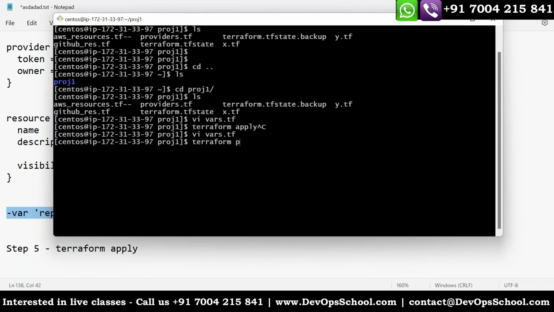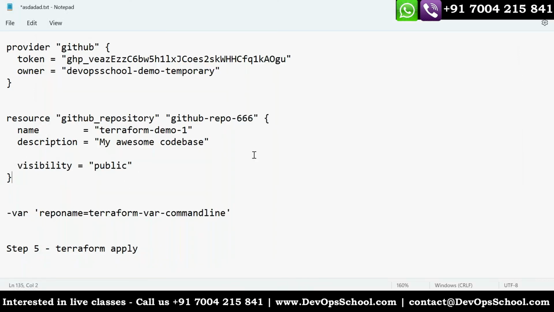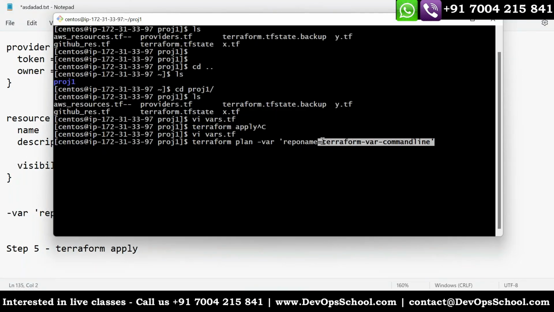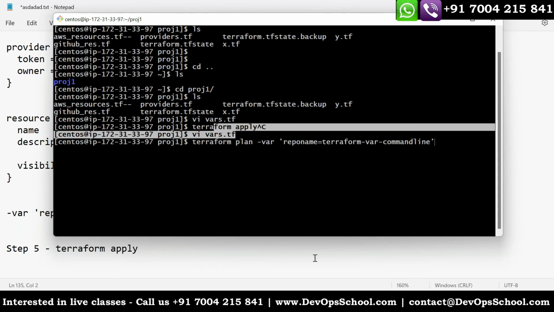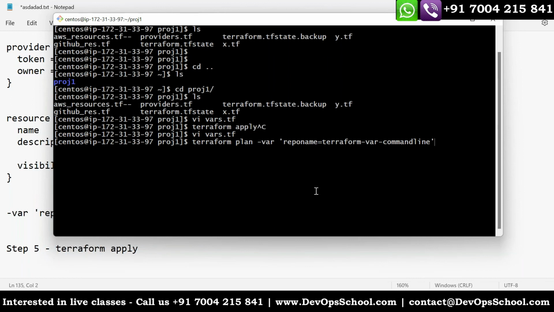Terraform plan, enter it. Now see that, mind it here. In the program, I have a different name, and on the command line I have a different name, same variable. My question was, both places I'm setting the variable, which one will have the highest precedence? That was the question. Same variable.